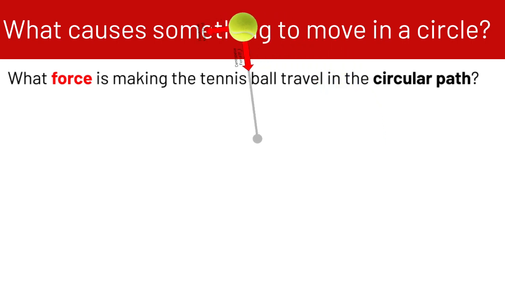So now we have the same tennis ball spinning around in a circle, but now it has force vectors attached to it. We can see the red arrow pointing into the middle. That's the centripetal force. And the red arrow pointing perpendicular to the centripetal force is called the tangential velocity. So any object that's moving around in uniform circular motion, like this tennis ball, is going to have a centripetal force pointing into the center, which in this case is tension, and it's going to have a tangential velocity, which is perpendicular to the centripetal force.